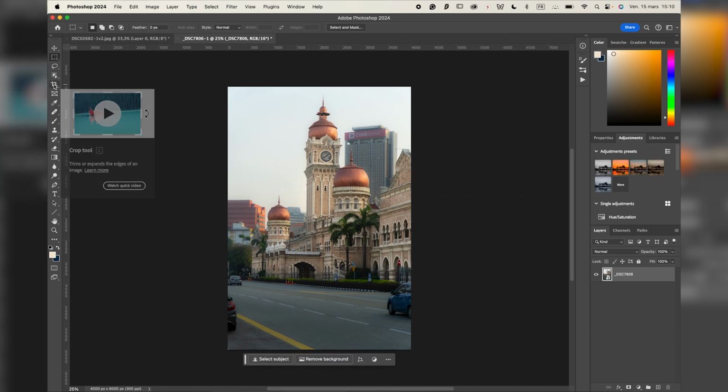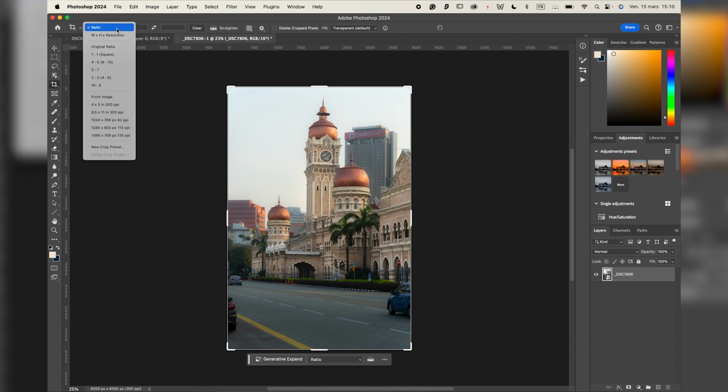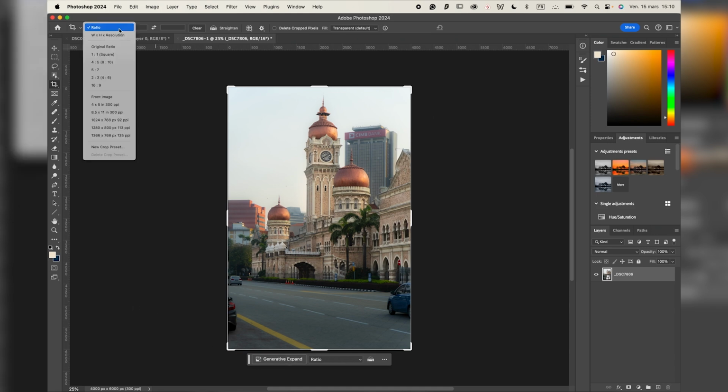deselect. Now here you're gonna have the crop tool, and you can choose the ratio that you want and then crop it as you like. You can also use generative expand. If you want to make your image bigger but don't have a part of the image, you can use generative expand. If I wanted to have an image that is Instagram friendly, so we want something